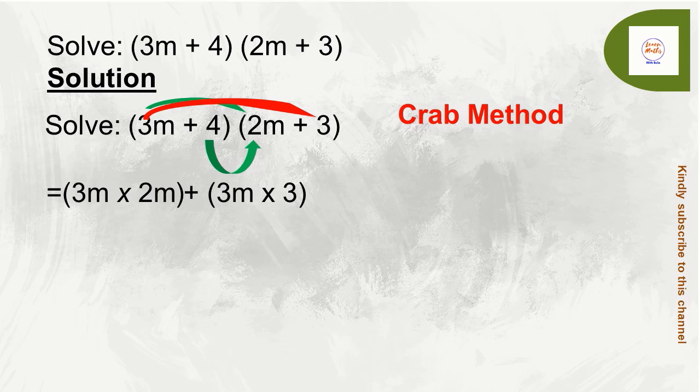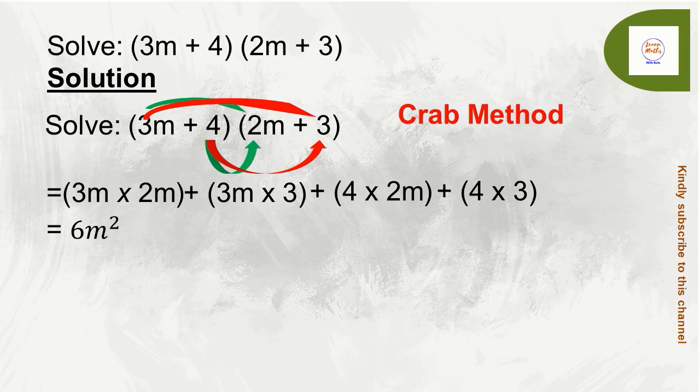We are reaching out. We started by using the first number in the first bracket to multiply everything in the second bracket. So now we are at the second number and we are using it to multiply everything in the second bracket too, to have 4 times 2m plus 4 times 3. So as simple as this, we have expanded that bracket. So the next thing is to do